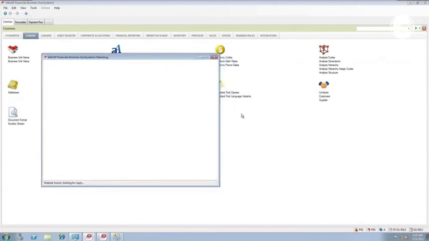I'll just leave that running a second, but then once that's run, you obviously have some additional options for exporting that out into Excel. You can export those into a PDF. You can email the reports, and as we said, the other thing that you can do with these reports now